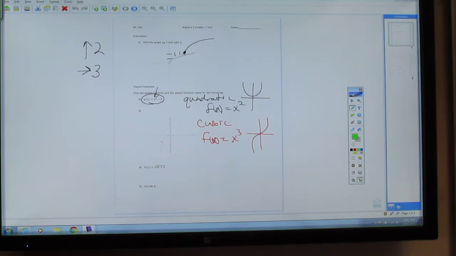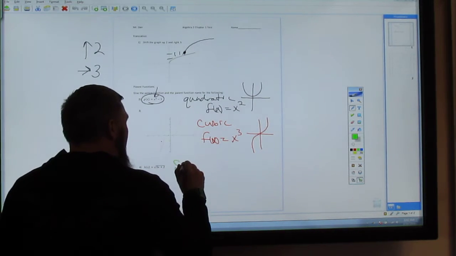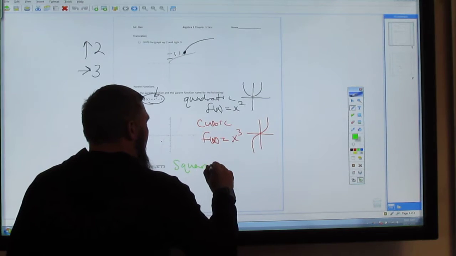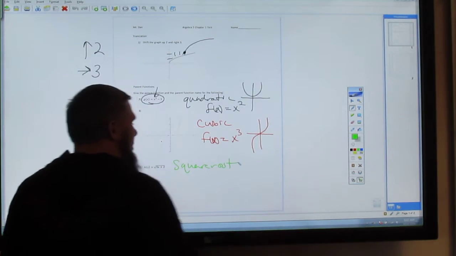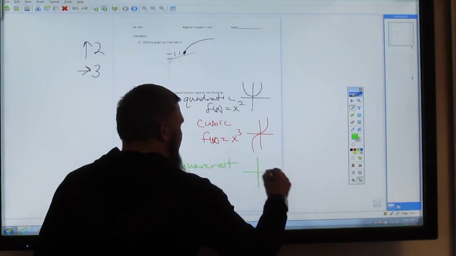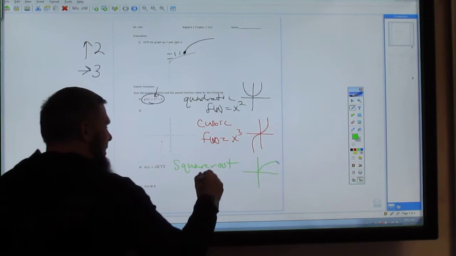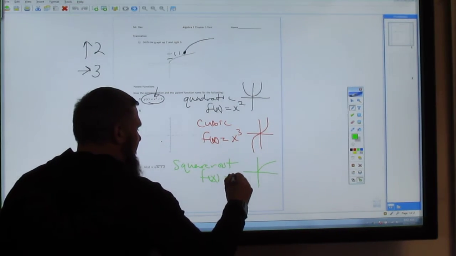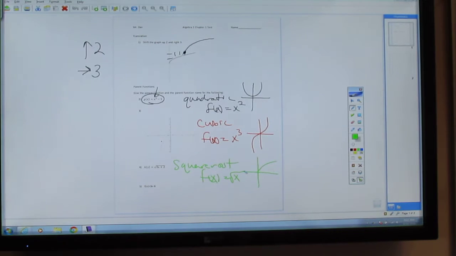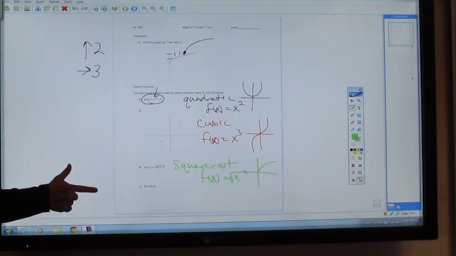The next one has a square root in it. And the square root is not squared, so I'm not playing with your heads. It's actually the square root. So, square root. Okay, again, it looks like this. And it's f of x is equal to the square root of x. And the last one,